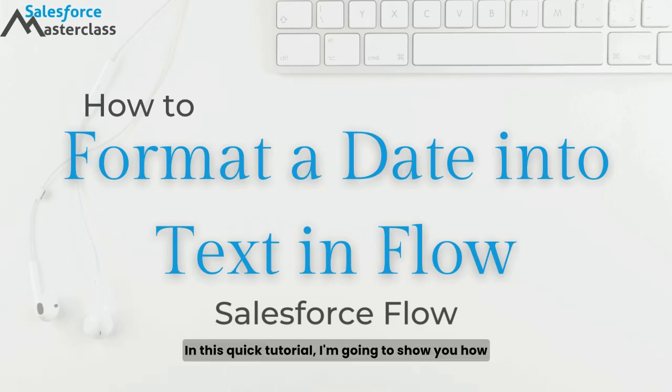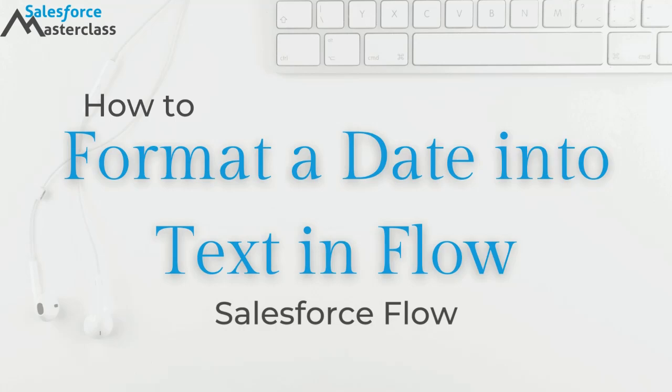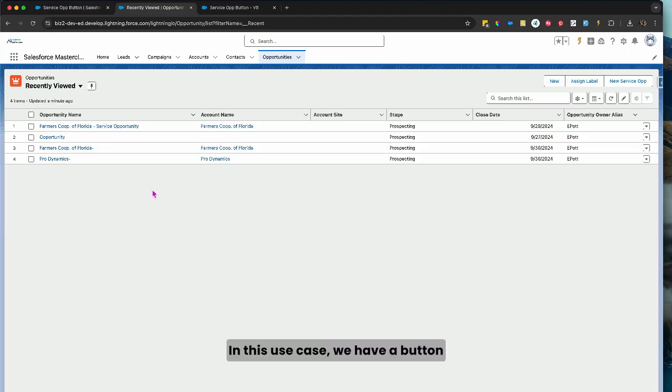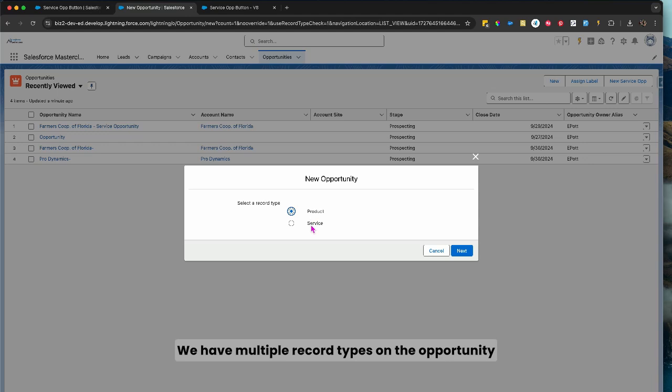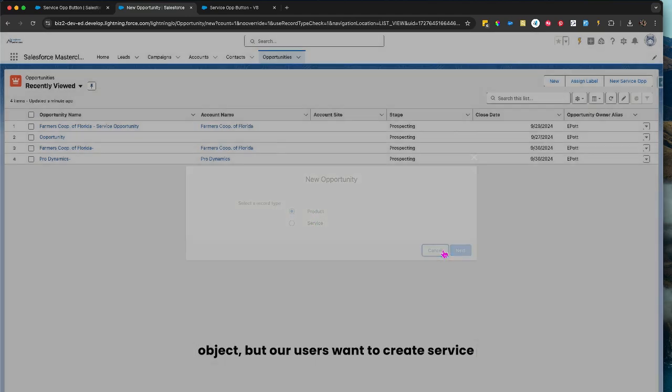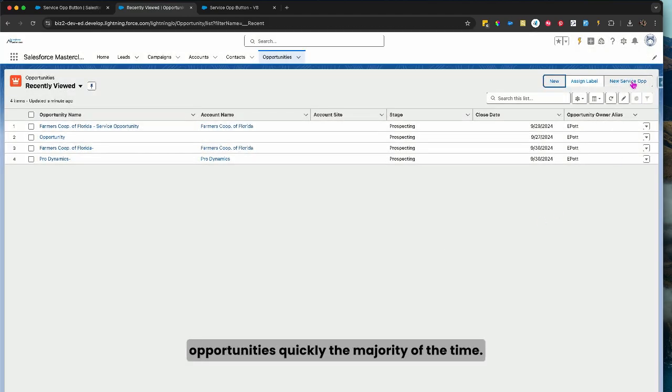In this quick tutorial, I'm going to show you how to format a date into text within a flow. In this use case, we have a button that calls a flow called New Service Opportunity. We have multiple record types on the opportunity object, but our users want to create service opportunities quickly the majority